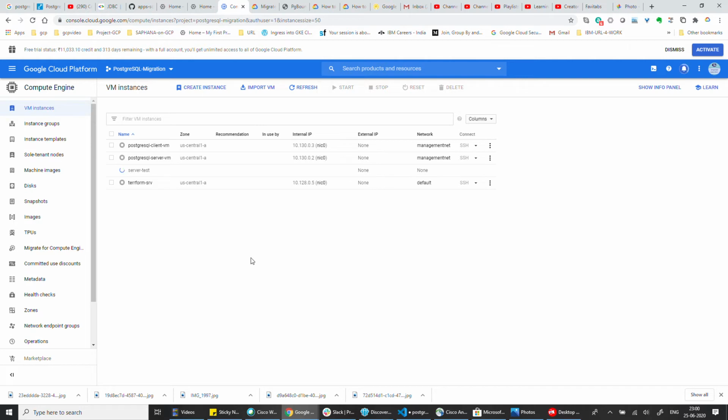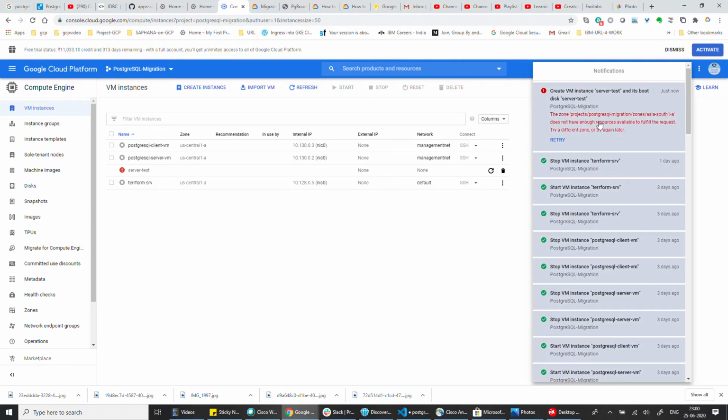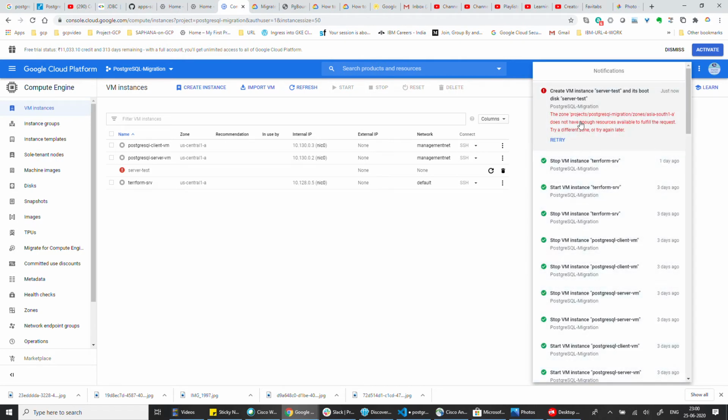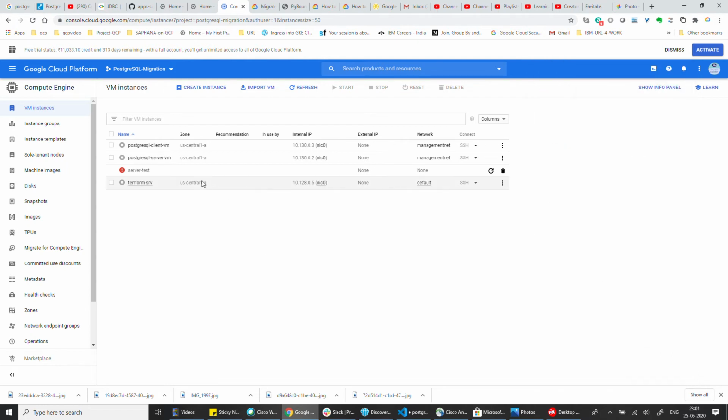So now my server is provisioning. As you can see, I got an error, because there is not enough resource available to fulfill the request in this particular region. If I change the region, like if I select US Central, we will be able to create it, because this is a free account.